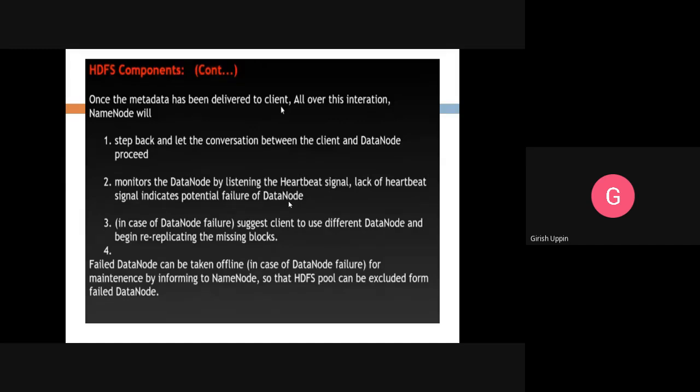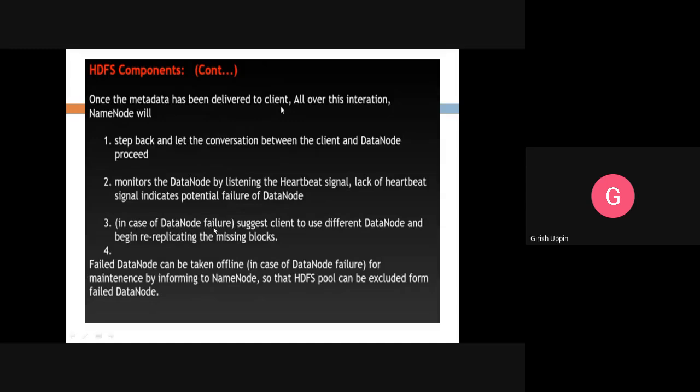So it will check with the other data nodes from its metadata, and wherever that particular data is available, that data node information will be given to the client, so that they resume or restart the read or write operation.